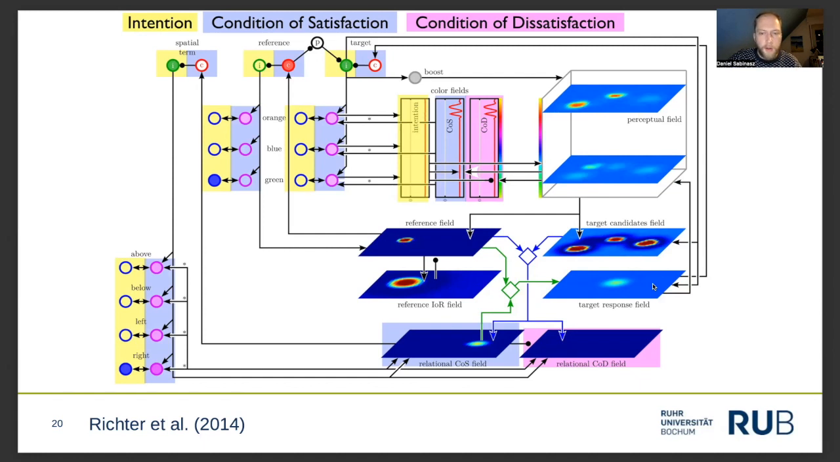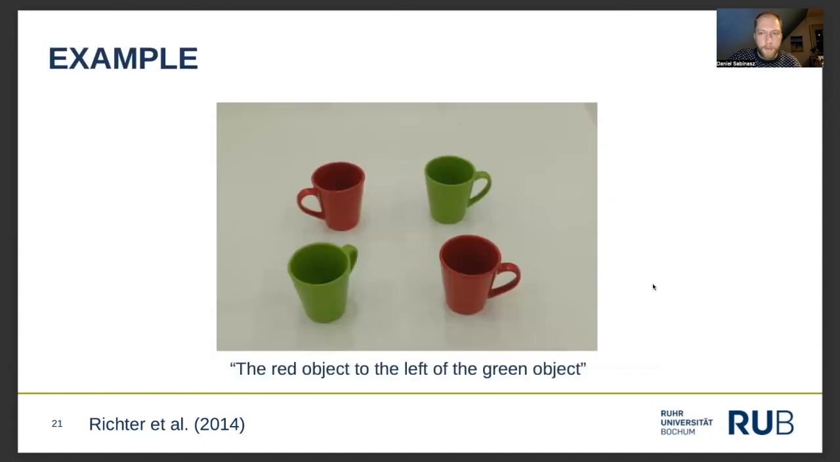Yeah, I think I've addressed all of the architecture. Let's now look at a simulation example where the phrase is the red object to the left of the green object, with this example image that we've seen already. And what we would expect is that it might accidentally or wrongly select this as the reference object. It might then check whether the relative locations of the red target candidates to the reference object match the left of